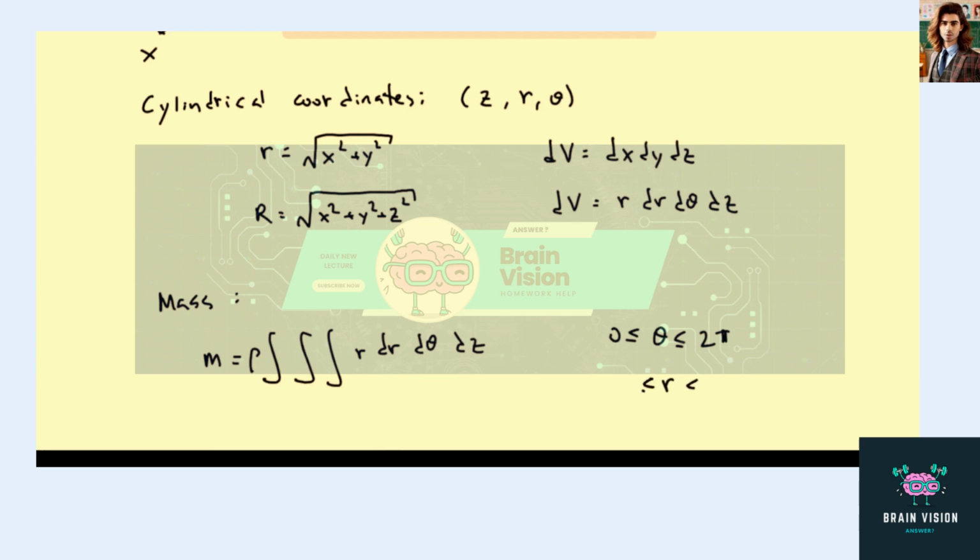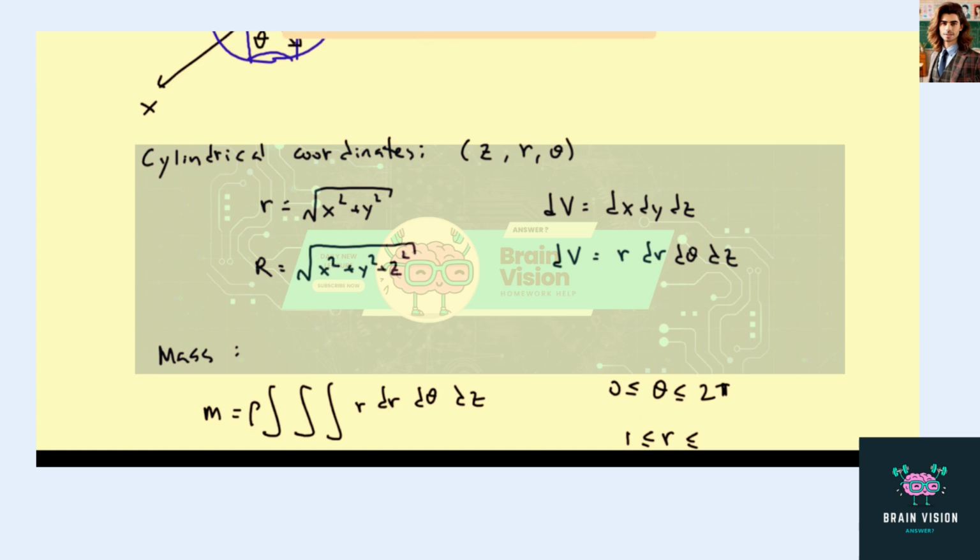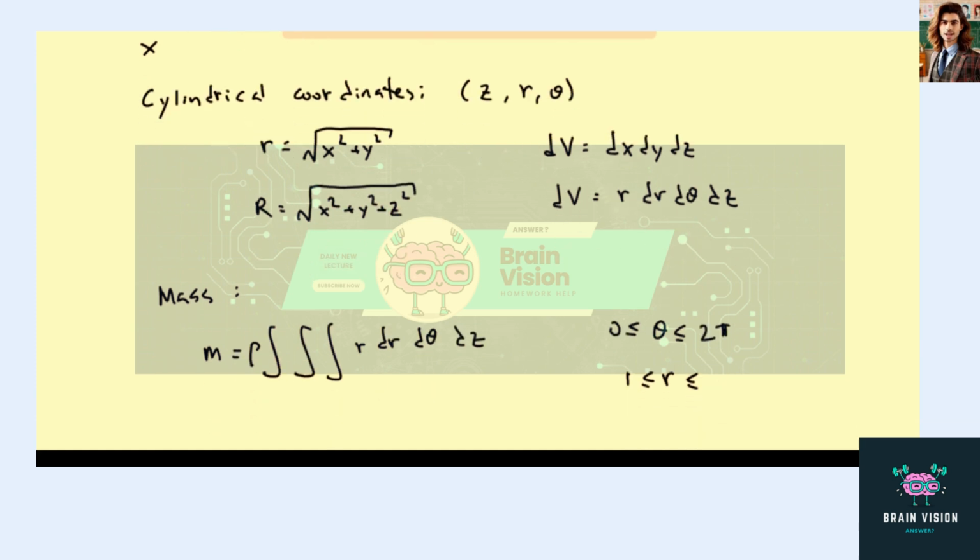And r, the radius in cylindrical coordinates, will vary between 1 to the outer boundary of our sphere. Why 1 is because below 1 we have a hole. So we essentially want to integrate between the wall of the cylinder to the wall of the sphere. So this is r. Our lower boundary would be the constant r equal to 1, but our upper boundary will be the radius of our sphere,